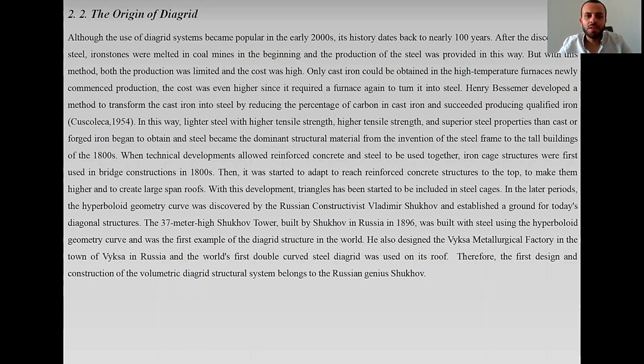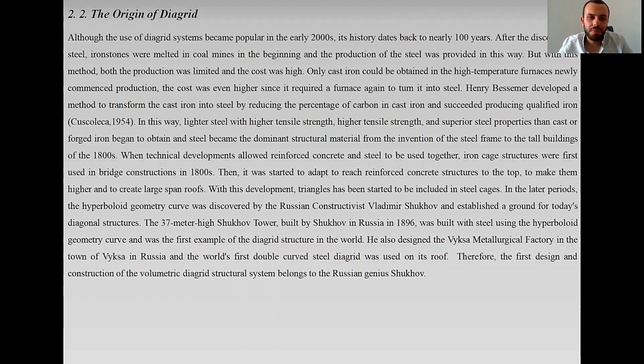So, the cost was even higher since it required a furnace again to turn iron into steel. Henry Bessemer developed a method to transform cast iron into steel by reducing the percentage of carbon in cast iron, and succeeded in producing qualified iron. In this way, lighter steel with higher tensile strength and superior properties than cast and forged iron began to be obtained, and steel became the dominant structural material from the invention of the steel frame to tall buildings in